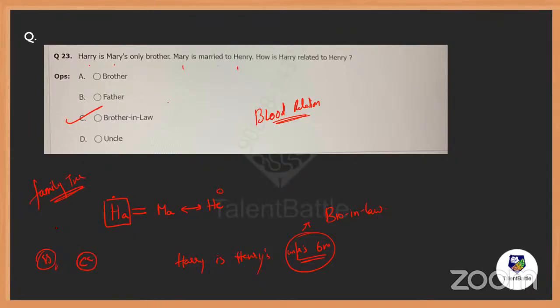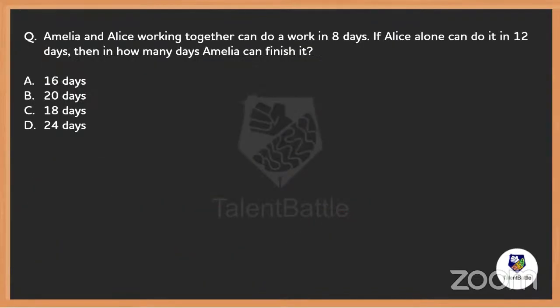5, 4, 3, 2, 1. Moving on to the next, everybody. Try to answer this. A question from time and work. Let's see how many can solve this.